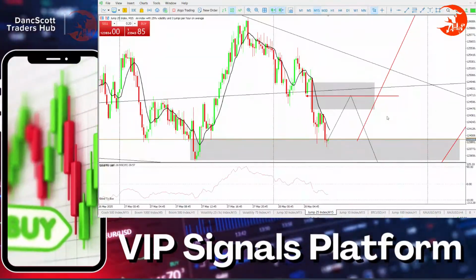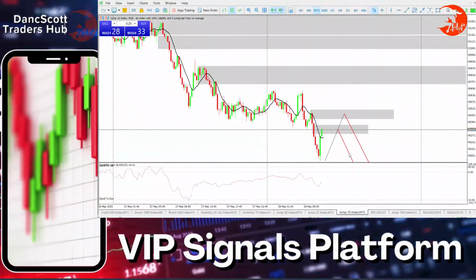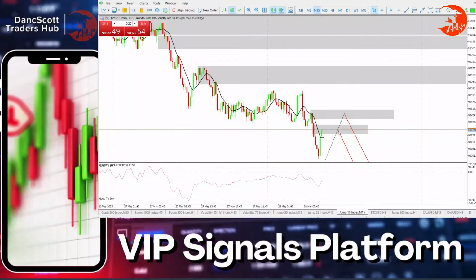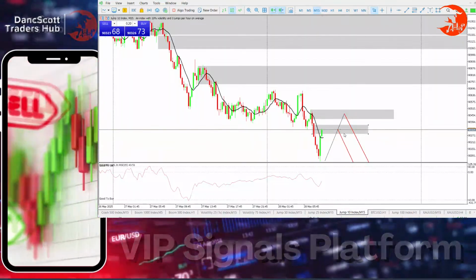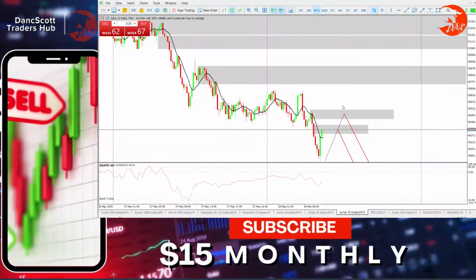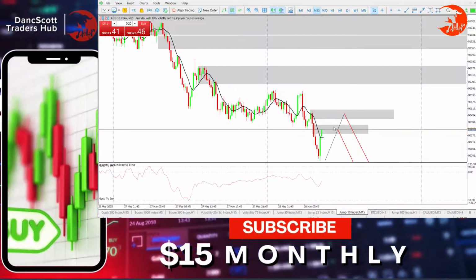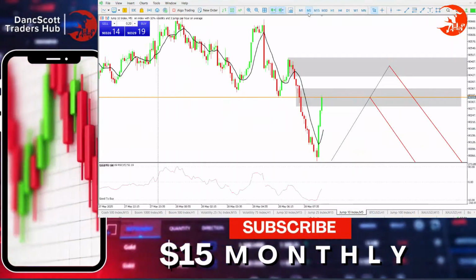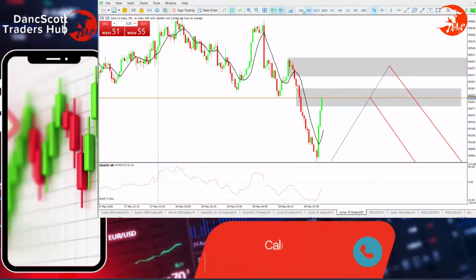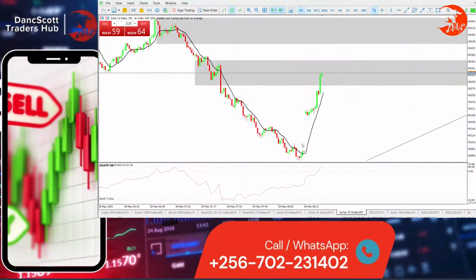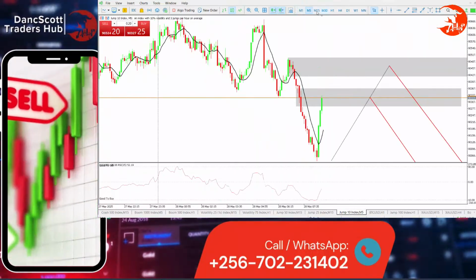Leave it at M15. Let's go to jump 10. This level has been reached, the pullback to this has been reached already. Let's see if it is going to go for this other one. If it fails and gives us an entry here, then we can enter. Now it's going for the other one. Look at that jump. Yeah, that's how jumps work.